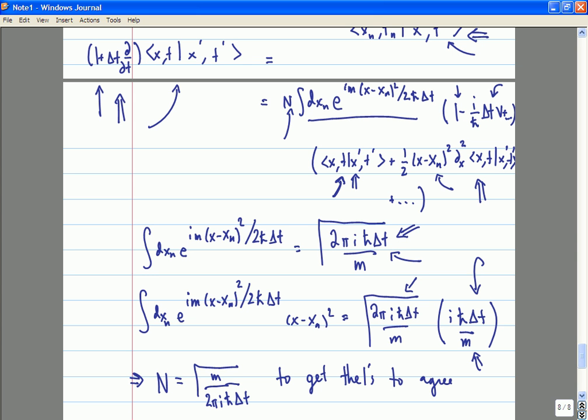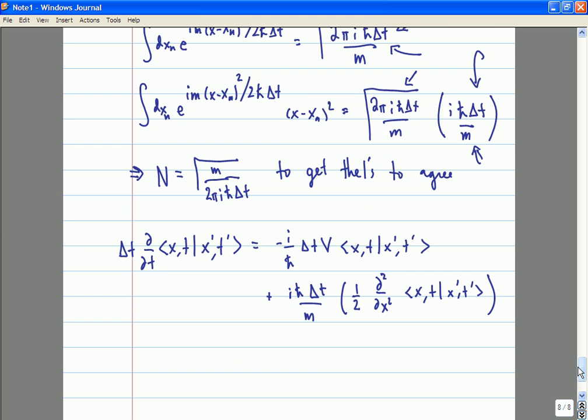And then the terms that are first order in delta t are these terms here. You can see that, lo and behold, all of the delta t's cancel. Let's move an i h bar onto the other side: i h bar d by dt of the propagator. Well, coming from the Taylor expansion, we had that second derivative term. That's going to give you the kinetic term in the Schrodinger equation. So if I did everything correctly,